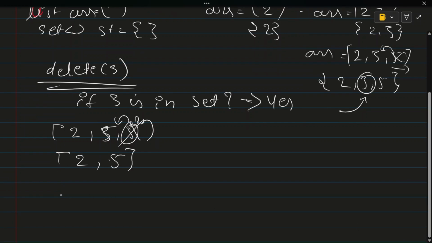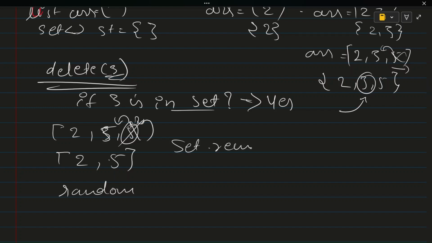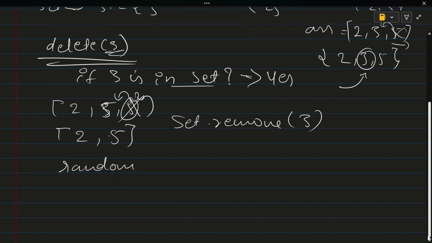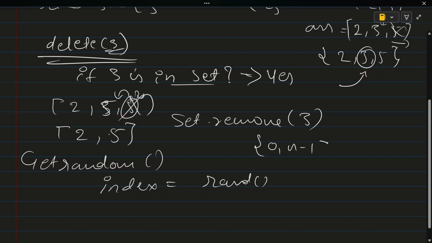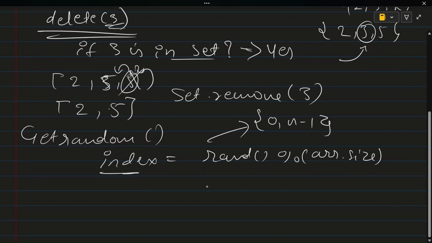After we delete 3, we need to remove it from the set as well. Now how do we implement the getRandom function? We can use the inbuilt rand function to get the index. How do we get the index? We can say rand, and it will give some random value. We need to reduce it to the range 0 to n minus 1, that is, the size of the array. So we mod it with array dot size. So we get one index in the range 0 to n minus 1, and we return